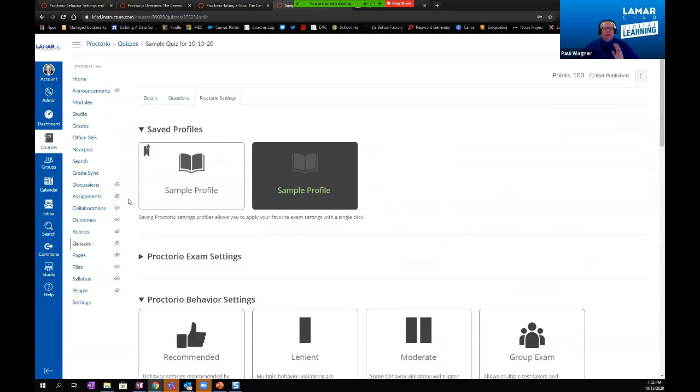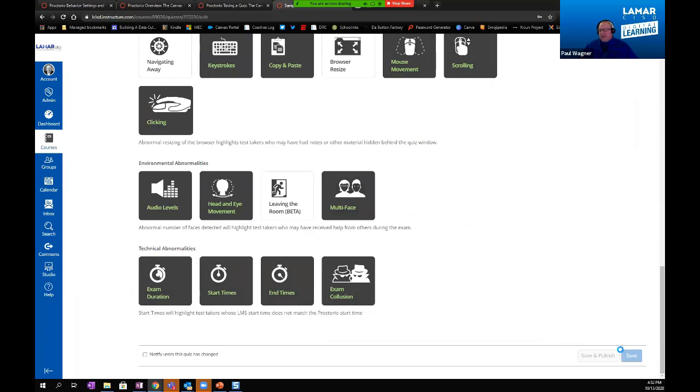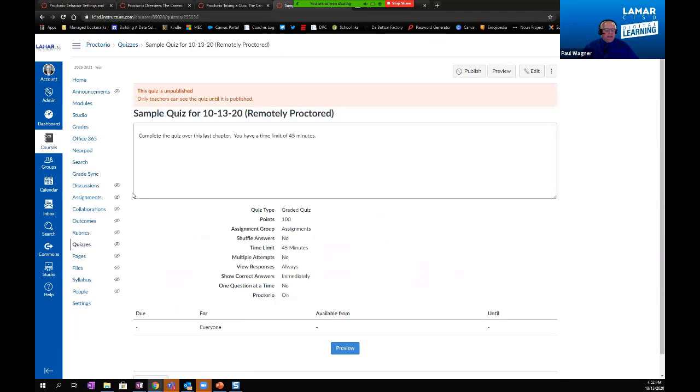We've gone through and made all of these changes to these settings. We can save, or save and publish if you're ready to do that. The students are now ready to take that quiz, and they would walk through the process that that video showed earlier. Now we're going to jump ahead to where